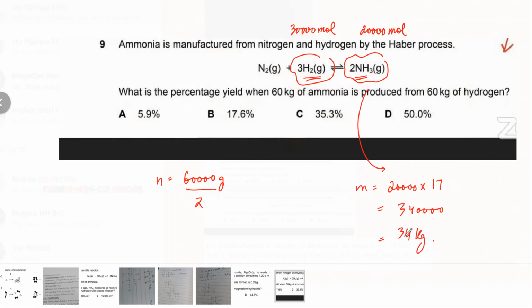Yes, sir. वो कितना कह रहा है कि अमोनिया है हमारी तो कम आ रही है it's not 34,000 नहीं it's not 34,000 340 kg कितना आ रहा है. Sir, that's 2,000. It's 2,000 into 17. 20,000. Okay. 340 kg आ रहा है. Yes, sir. It's in kg. अच्छा आप करो वो कह रहा है कि 60 kg तो 60 kg एक्चुअल है divide by the theoretical which is 340 kg into 100, what do you get? I think it's going to be B. Yes, sir. That's 17.6. ठीक है